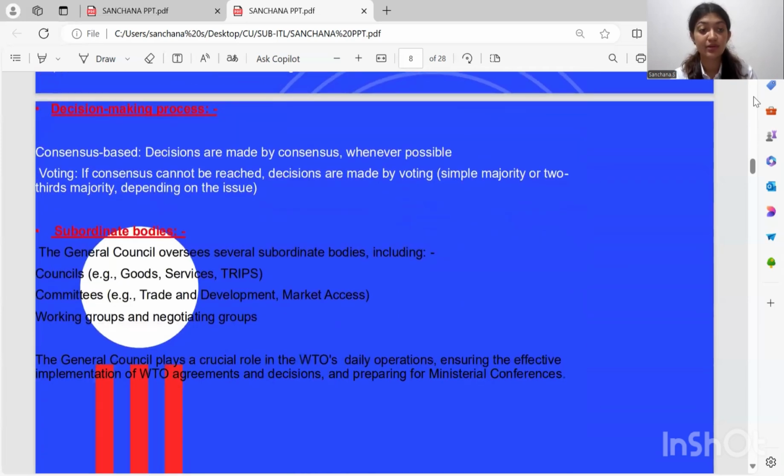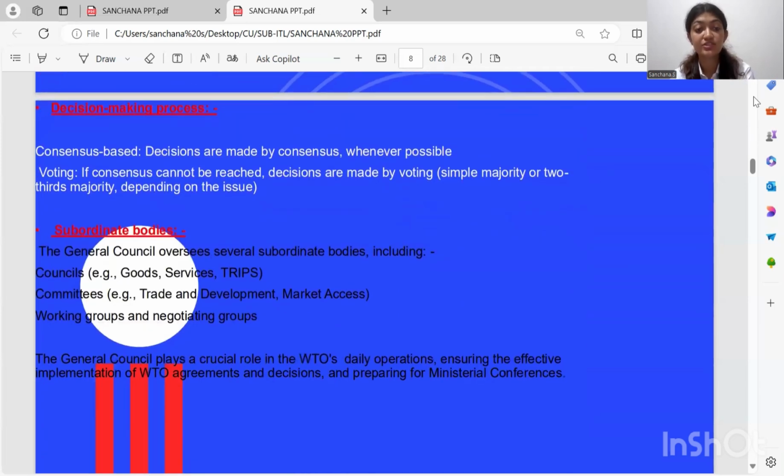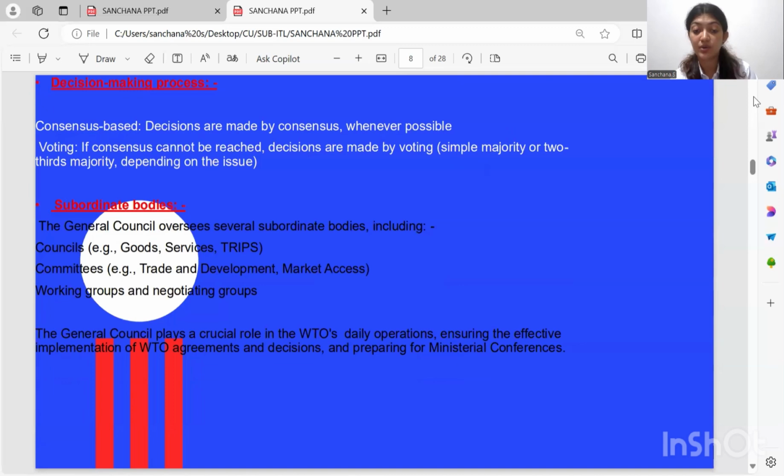Hence, the decision-making process. Consensus: decisions are made by consensus whenever possible. Voting: a decision is made by simple majority or by two-thirds majority, depending on the issue. And subordinate bodies: the General Council oversees several subordinate bodies, including councils on goods, services, TRIPS, committees on trade and development, market access, working groups, and negotiating groups. The General Council plays a very important role in WTO daily operations, ensuring the effective implementation of WTO agreements and decisions, and